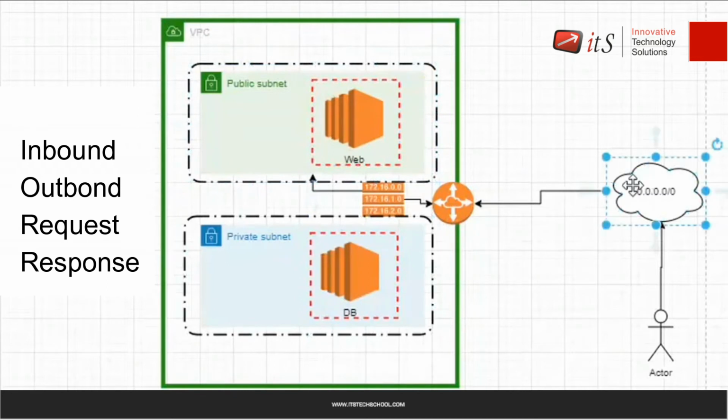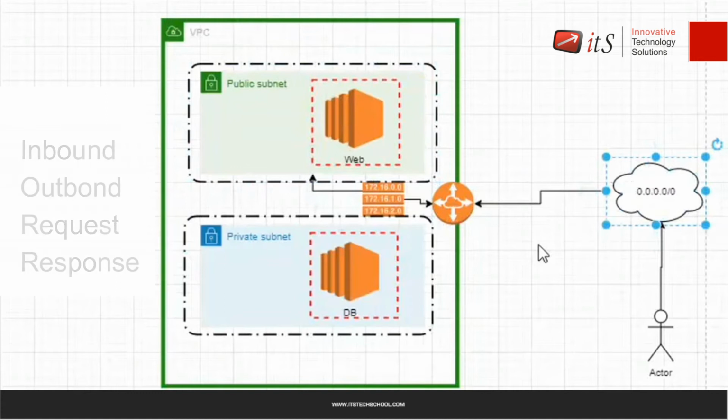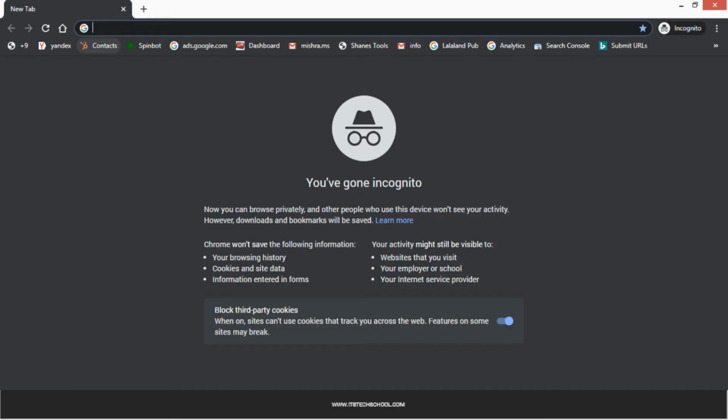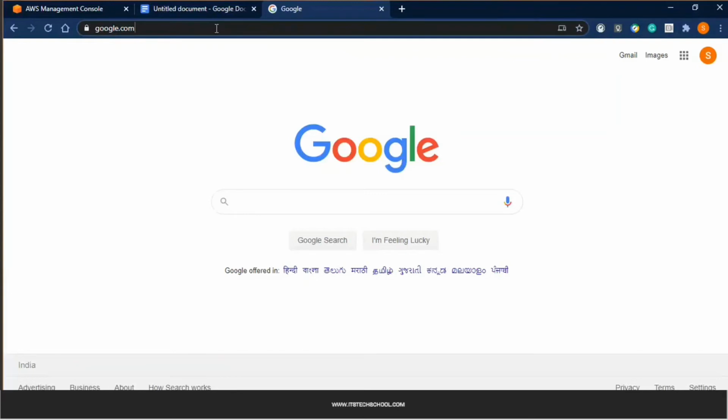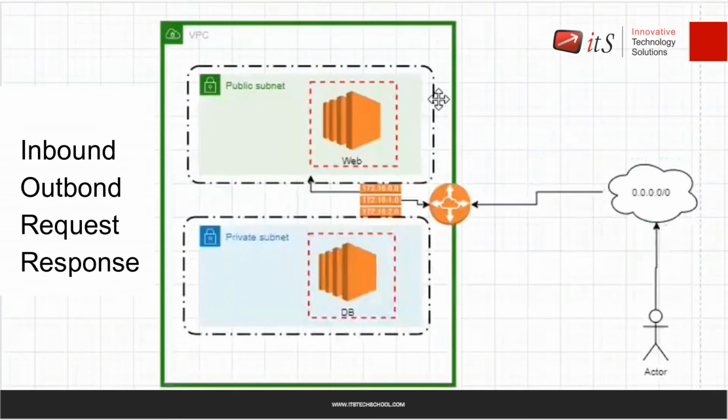The request. If anyone is creating a request, it also gets a response. Like, if this is my browser, I'm creating a request like google.com, and this is my response. Let's say facebook.com is my request, and this is my response. So I'm creating a request over here, and I'm getting a response from my server. Request can be generated by the web server. If the client is creating a request, the web server will provide the response. If my web server is creating a request to the internet, anyone from the internet will provide them a response.